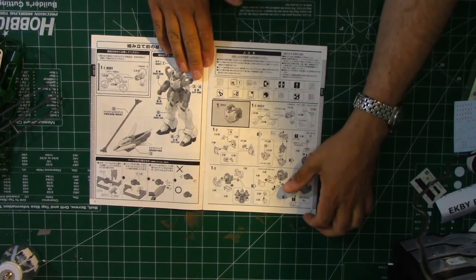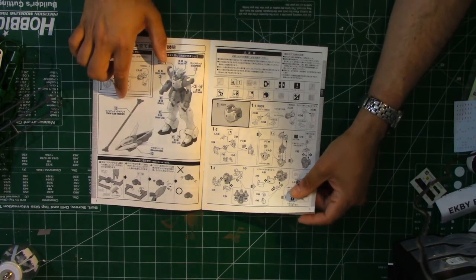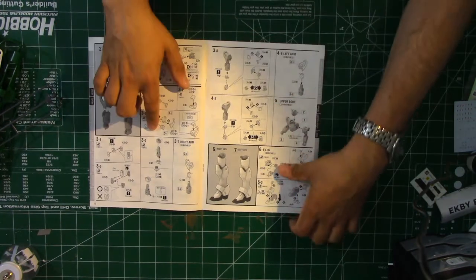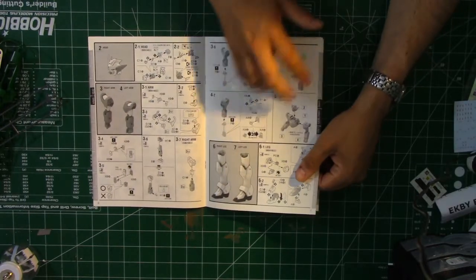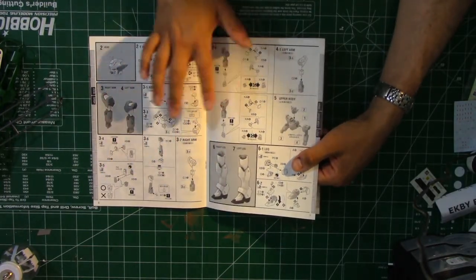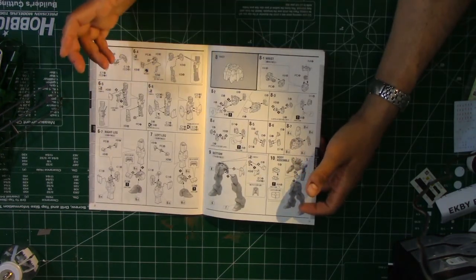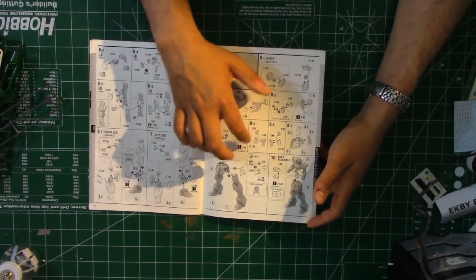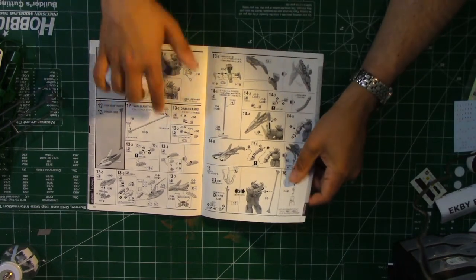Construction starts with the torso. Of course, you have your warnings and whatnot, how to build. Then it moves on to the head, arms, legs. No center section, no center detail of bio photos or whatever, which is always a huge bummer with these P-Bandai models. But yeah, construction carries on with the legs, midsection of the torso, and then weapons and backpack,